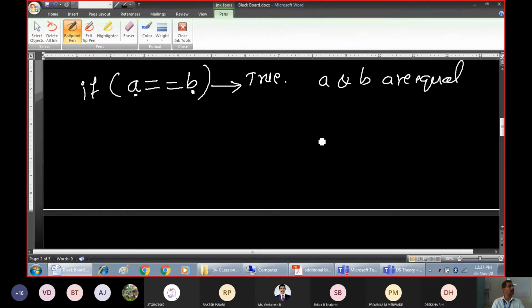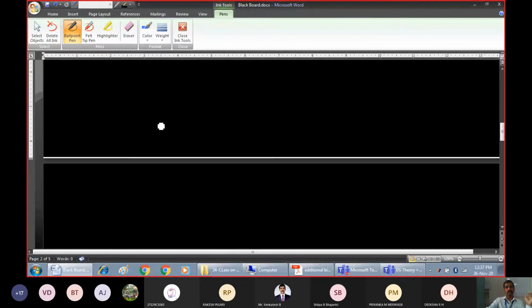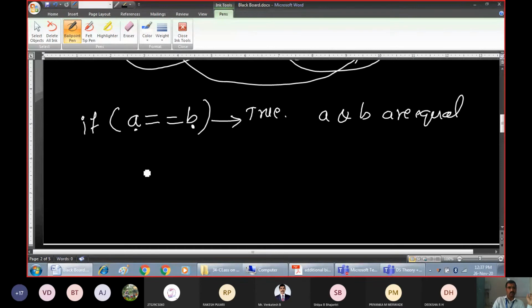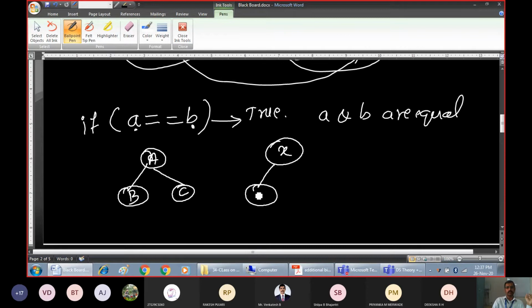That is how we check equality of normal integer variables in C. Now we need to check equality of two trees. Say, for example, this is one tree with nodes A, B and C, and another tree with X, Y and Z. By looking at this, you can say that the two trees are not equal.